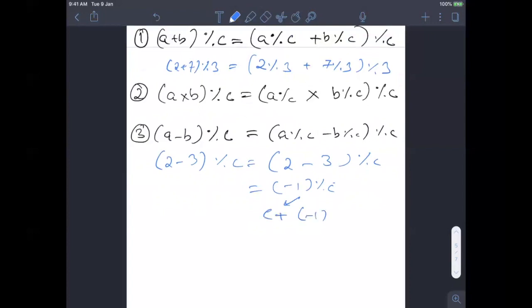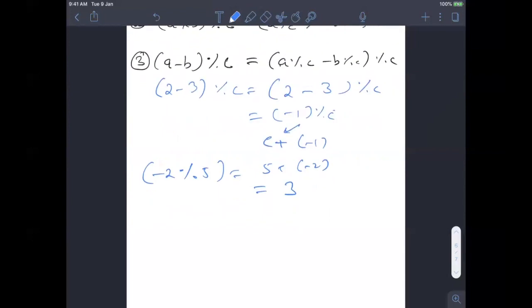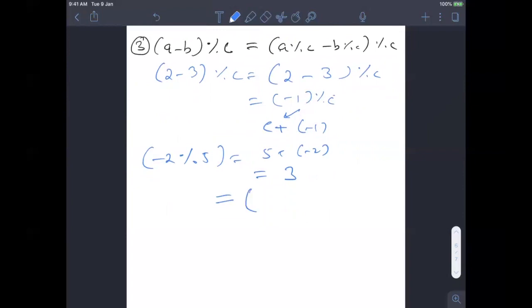So whenever you are getting any negative number, you can just add it to your mod. Like minus 2 mod 5 will be 5 plus minus 2, which is 3. So minus 2 mod 5 is 3. Okay. But to make things simpler, we have just derived a common formula. You can simply write it like this: (A minus B plus C) mod C.